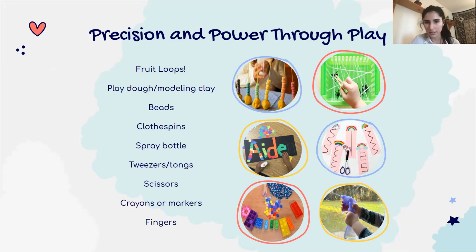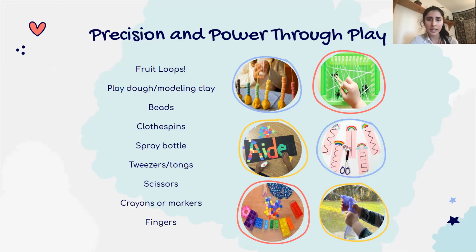And then with Play-Doh, that's really great for fine motor because your child is using their fingers to push onto that Play-Doh, and they can roll it into a snake, they can mold it and roll it into tiny balls, or you can use a rolling pin or cookie cutter, or a toothpick, anything you have at home. And then for beading, you can, just like the Fruit Loops, string it onto yarn and use it as the manipulative to sort or have them pull out or pour.